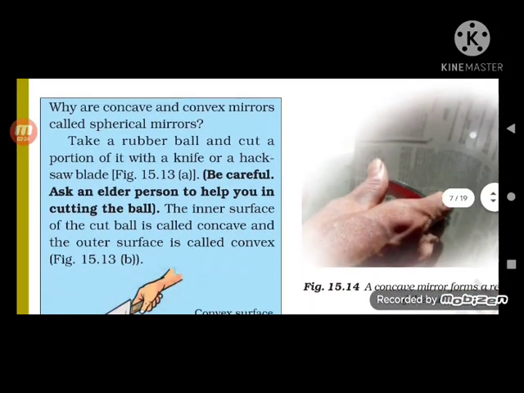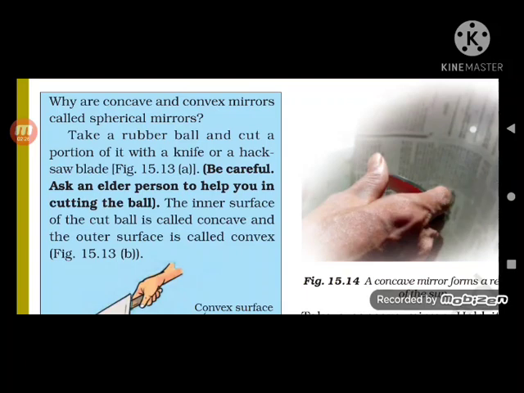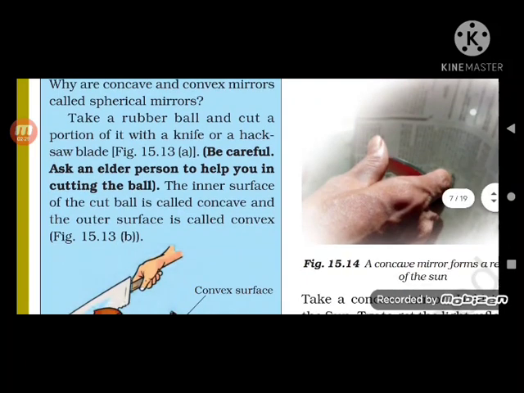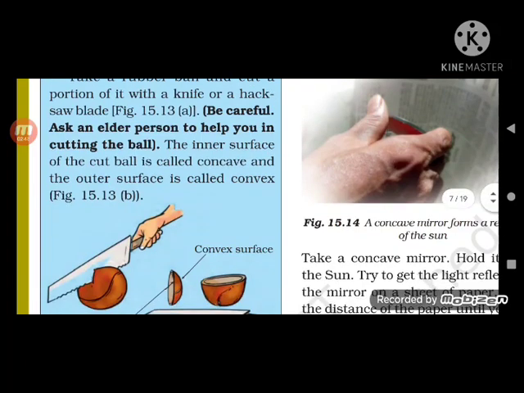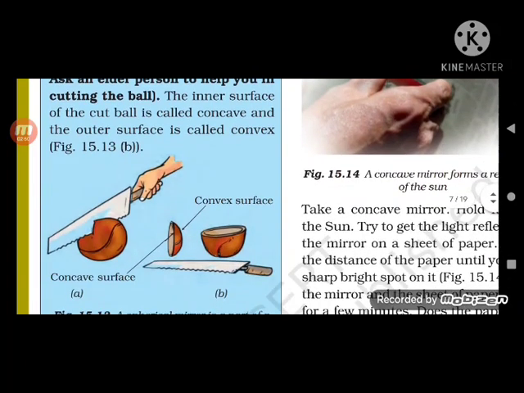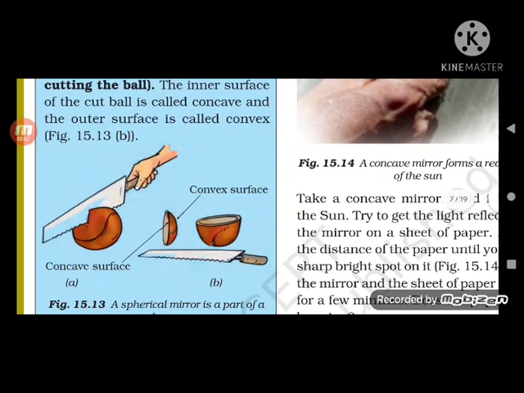Why are convex and concave mirrors called spherical mirrors? Take a rubber ball and cut a portion of it with a knife or a hacksaw blade. Be careful. The inner surface of the cut ball is called concave and the outer surface of the ball is convex. You see, inner surface means concave and outer means